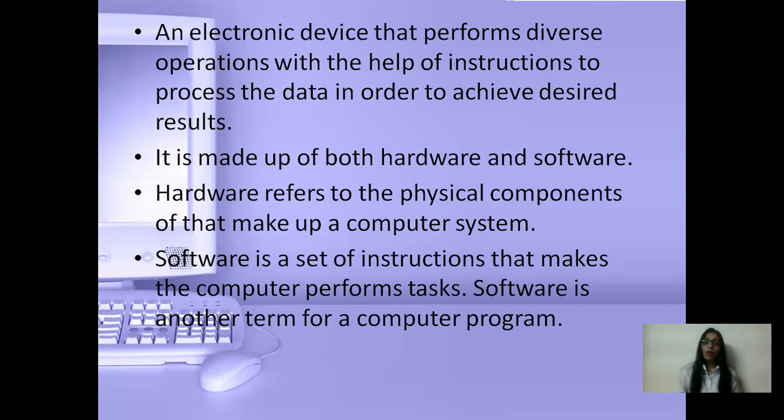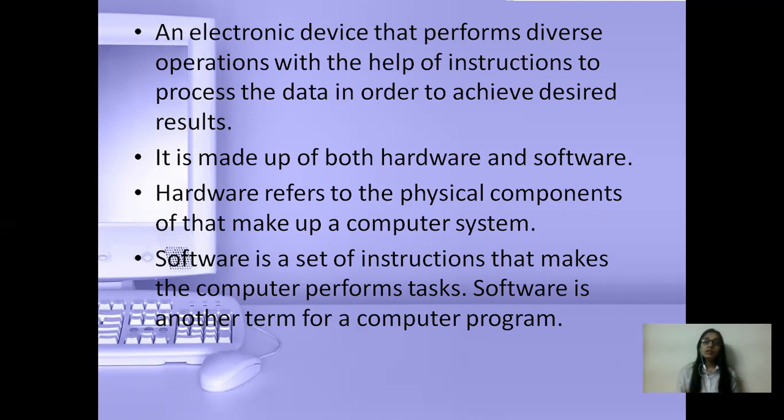Okay. So the computer does all the operations with the instructions which we give to it. It processes the data and achieves the desired result. For example, we ask the computer to do a calculation. So the computer asks what numbers it has to calculate. When we input the numbers, it processes them according to the process we have asked for, addition, subtraction, or something else. After achieving that desired process, it gives us the result, whatever we have told it.